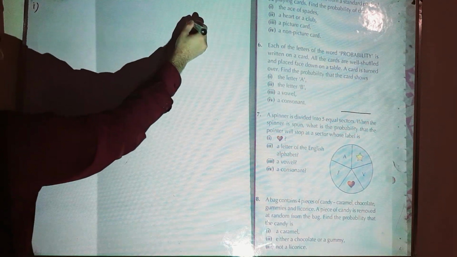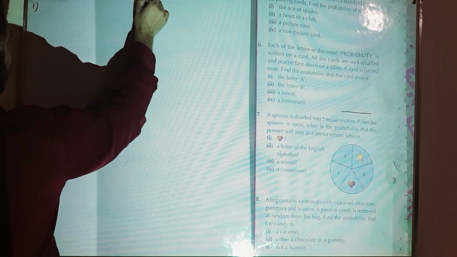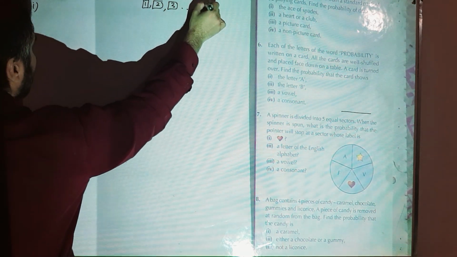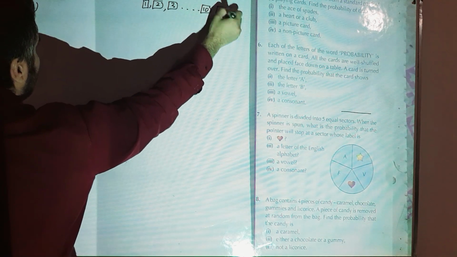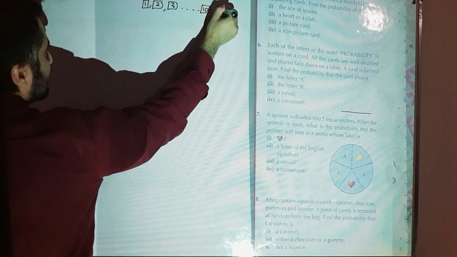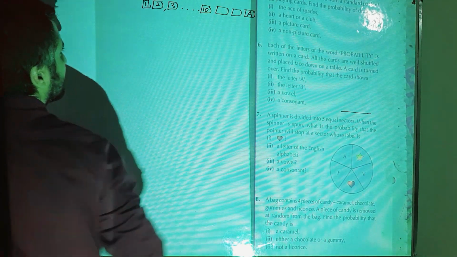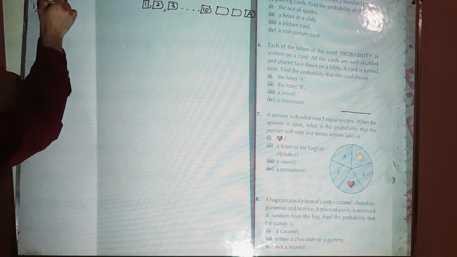No, that is question number 5. Now if you are going to write the sample space, you are going to write 13 cards, a card number 1, then a card number 2, then a card number 3, and so on till card number 10. Then we have the next picture cards, 3 picture cards, in which we have one ace. Okay, so we have one ace card of spades out of a total of 13 spades.